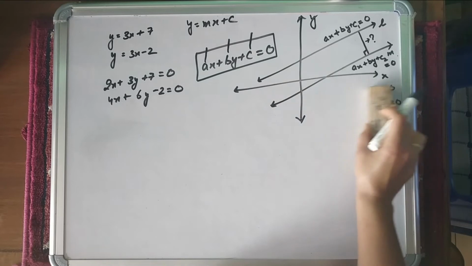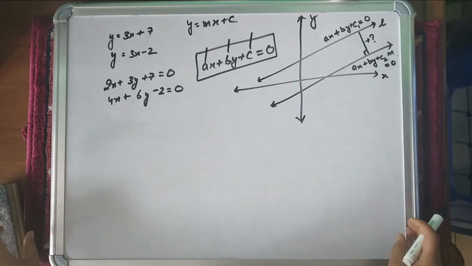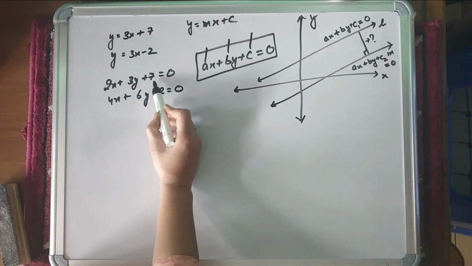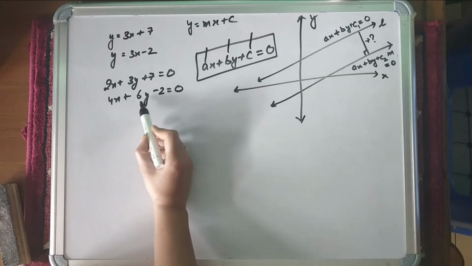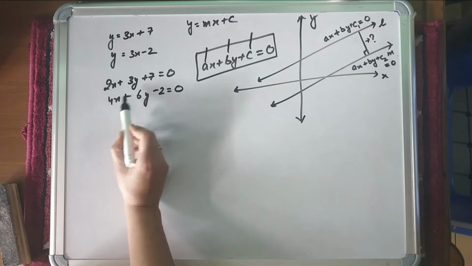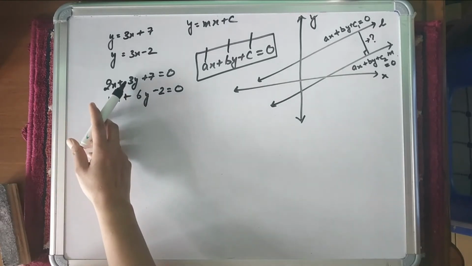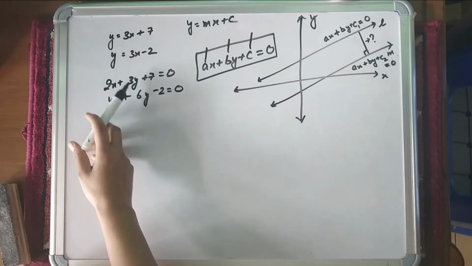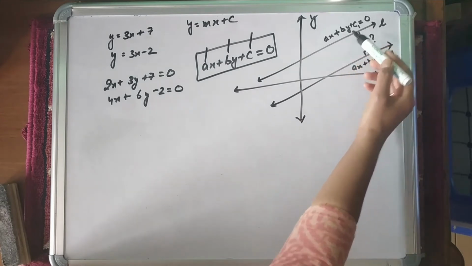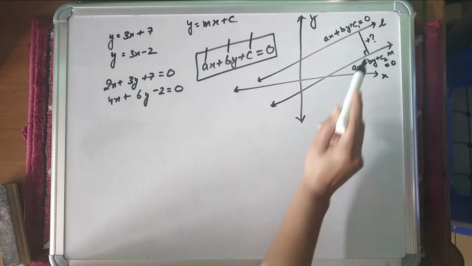And what's the reason for this? Do parallel lines always have the same A and B? Not necessarily, because here you can see 2x + 3y + 7 = 0 and 4x + 6y - 2 = 0. These are also parallel lines, but their A and B values are not the same. Here A1 is 2 and A2 is 4, and B1 is 3 and B2 is 6. So how can I write the general equation for parallel lines like this? When there are two different lines, I should write A and B as different.